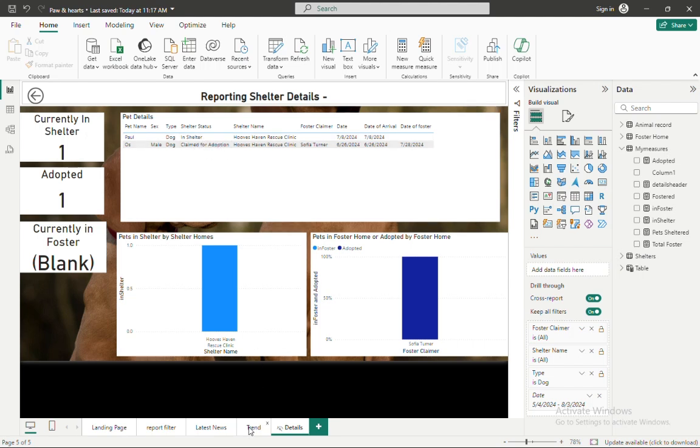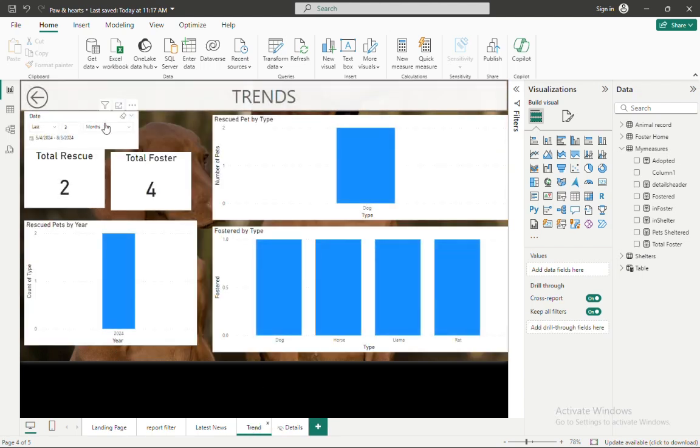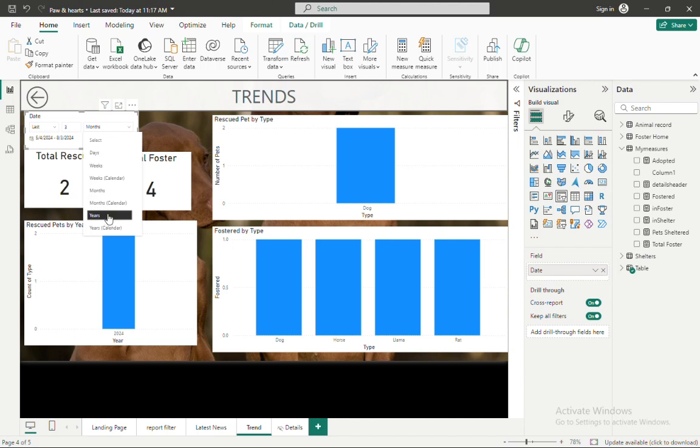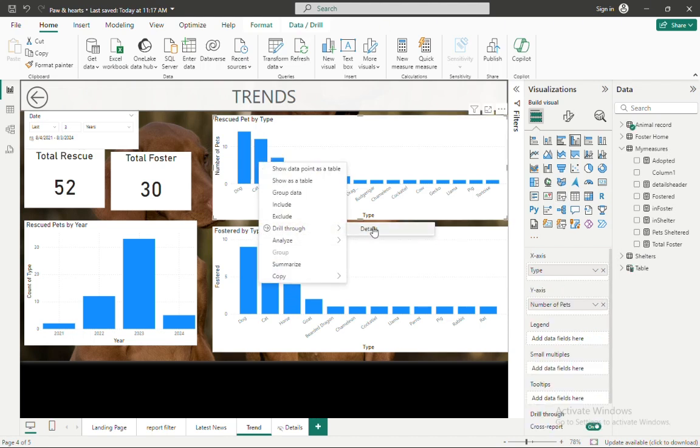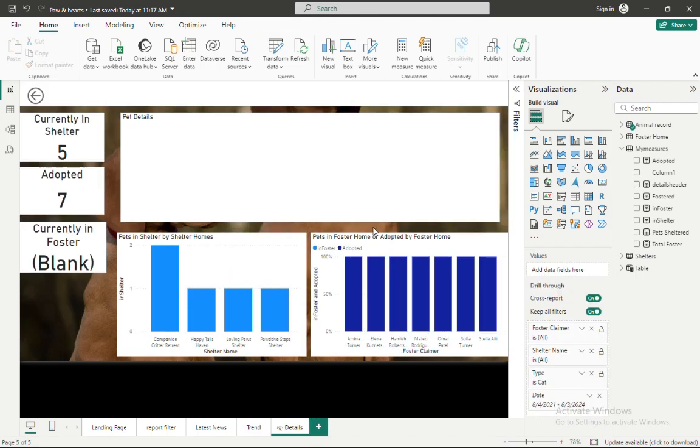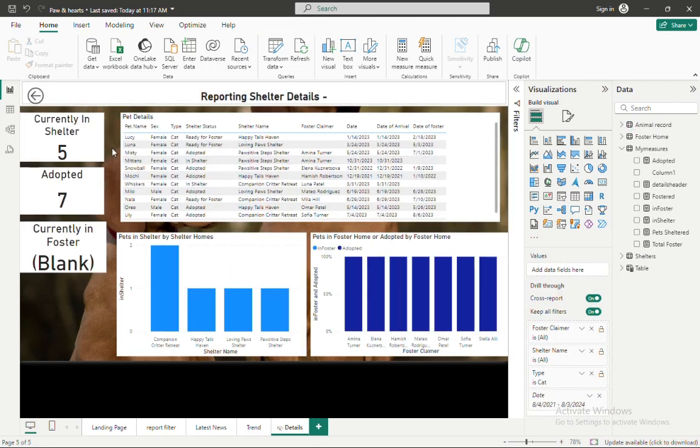To make this report look more populated, we can increase this to 3 years. We can see that it is looking more informative, and we can see that there were 12 cats that were rescued, and 7 of them were fostered. We can drill through to see further information, and here we can see that of the 12 cats that were rescued, 5 are currently in shelter and 7